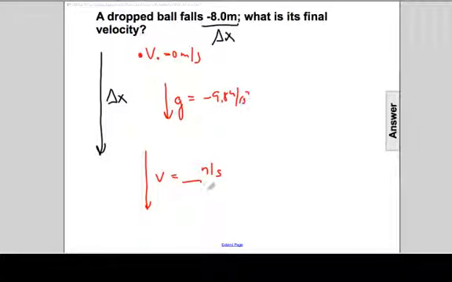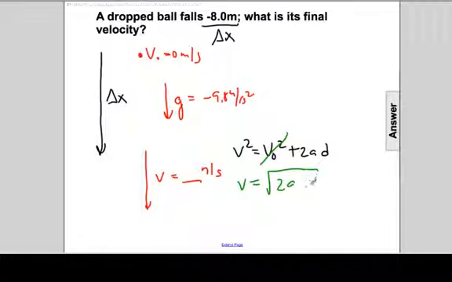So if we're interested in solving for the displacement this ball experiences, we can apply the kinematic formula. V squared is equal to V naught squared plus 2 times A times D. You can recall that if the starting velocity is 0, that term goes away, and V will be equal to the square root of 2 times A times D, and the V will be equal to the square root of 2 times -9.8